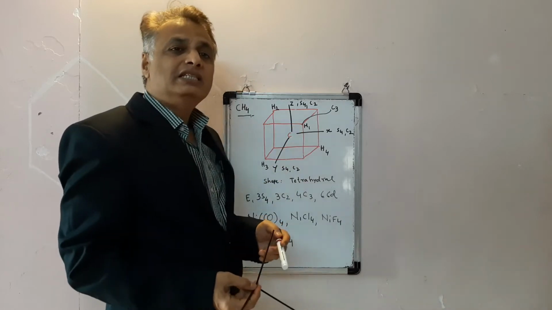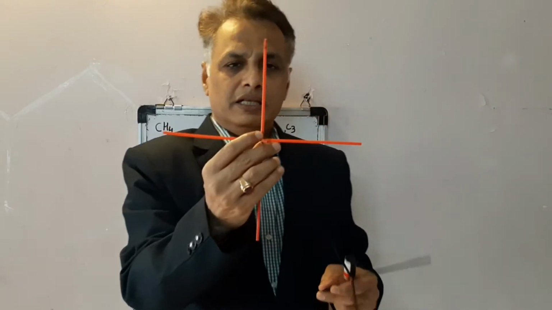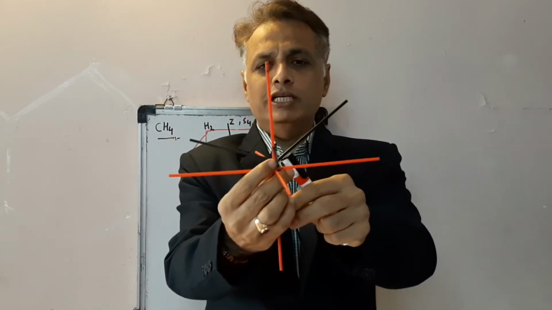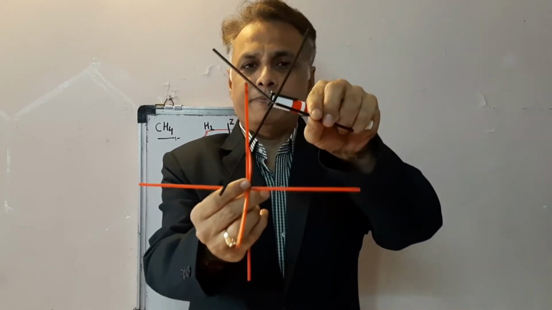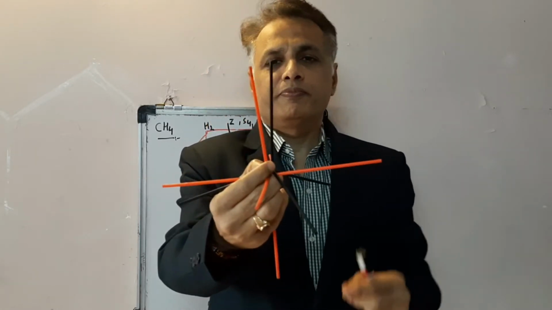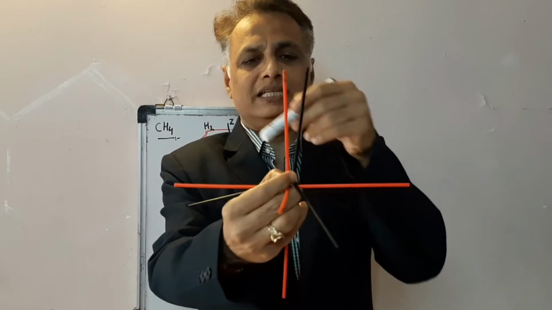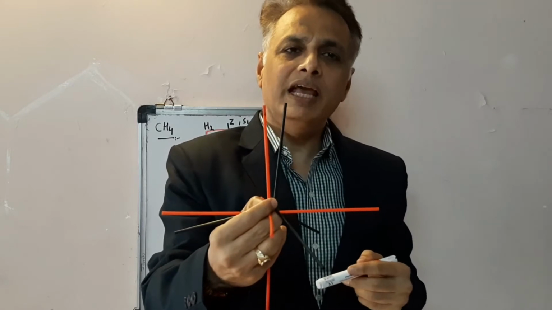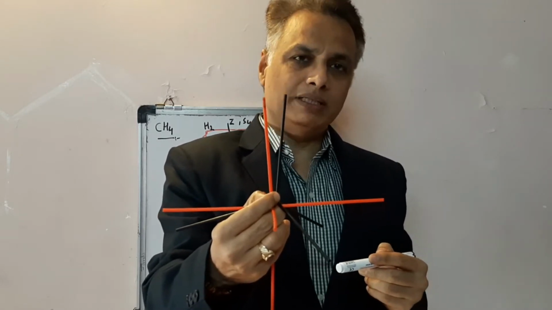and it contains 6 dihedral planes. Now let us understand how it contains 6 dihedral planes. Here this is CH4 and this CH4 is placed in a cube this way. This is Z axis, this is X axis and this is Y axis. This Z axis, X axis and Y axis are named as 3 S4 and 3 C2 axes. There are 6 dihedral planes present in the CH4 molecule.